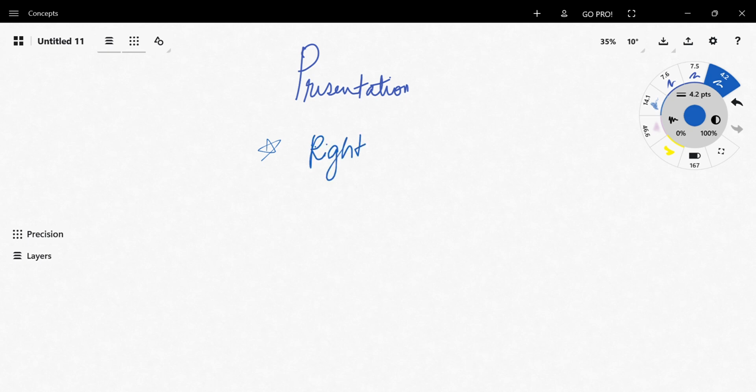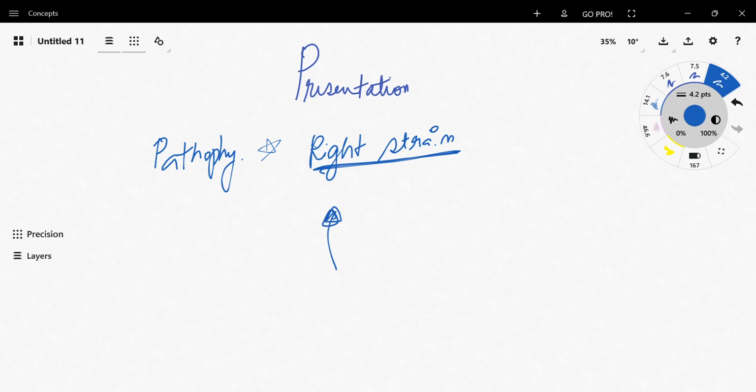First, we'll talk about the pathophys, and so it causes right heart strain. Let's start from here. Now it's causing right heart strain, so you're not able to pump your blood into your pulmonary vasculature, and that would cause you to have